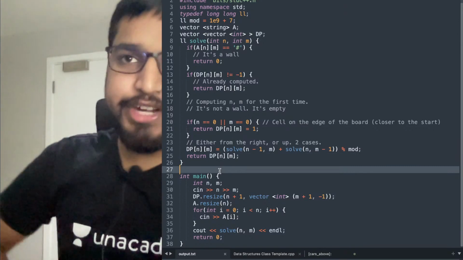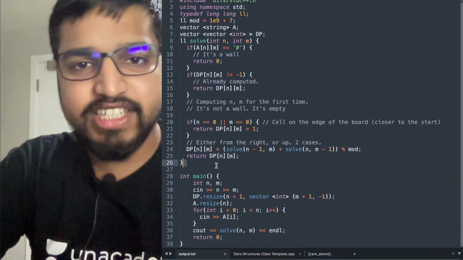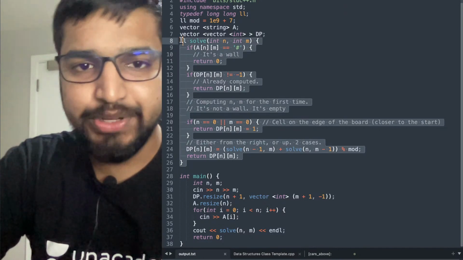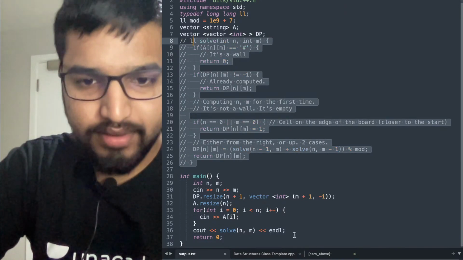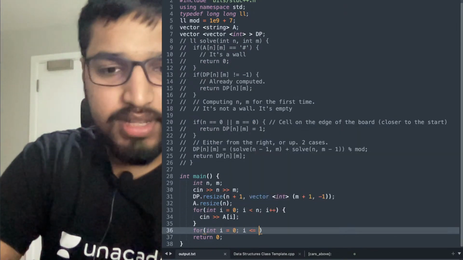Awesome. Now let's convert it to iterative. This is the recursive way of doing it. Let's make it iterative. How do we do iterative? For int i equals 0, less than or equal to